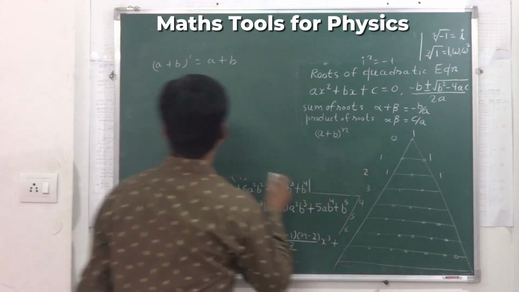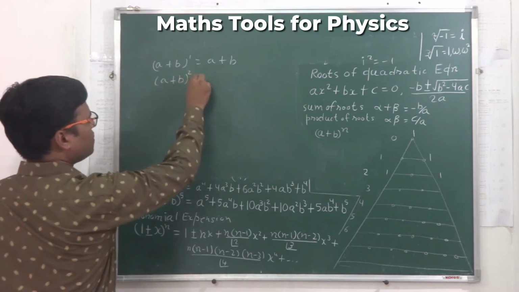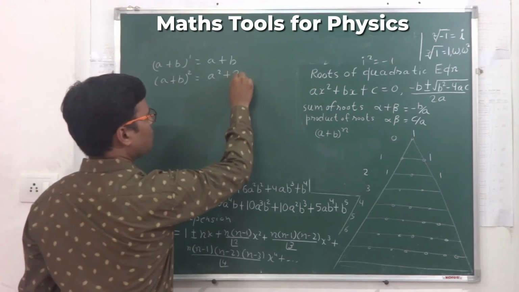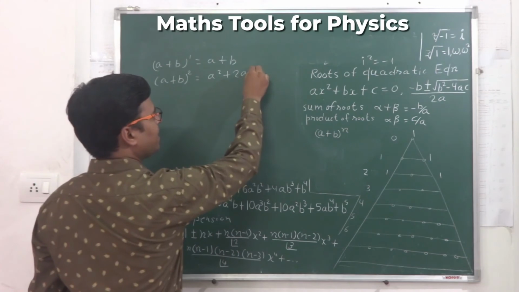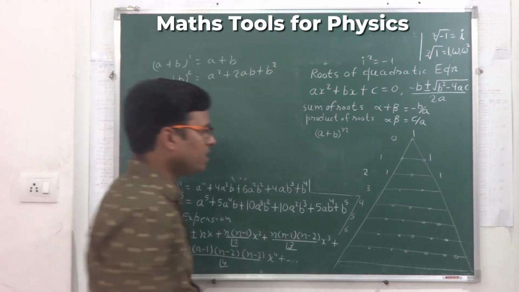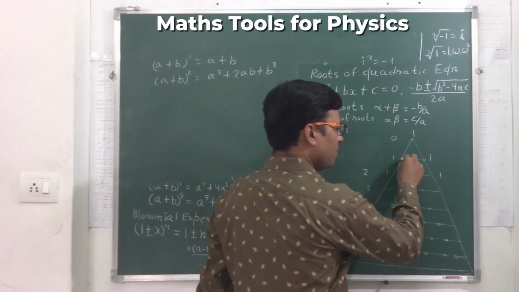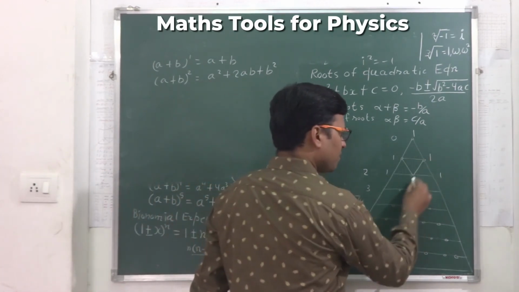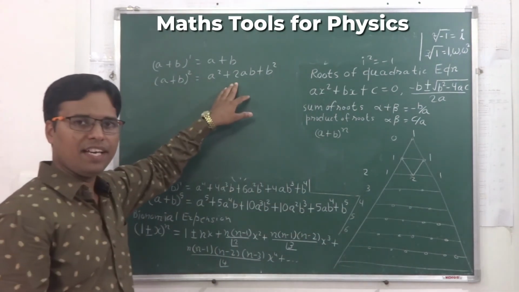If n is equal to 2 here, you know it very well that (a+b)^2 is equal to a squared plus 2 with lesser power of a but greater power of b, plus b squared. Now add them up to get this third term. 1 plus 1 is equal to 2. That is the multiplication factor of 2ab.